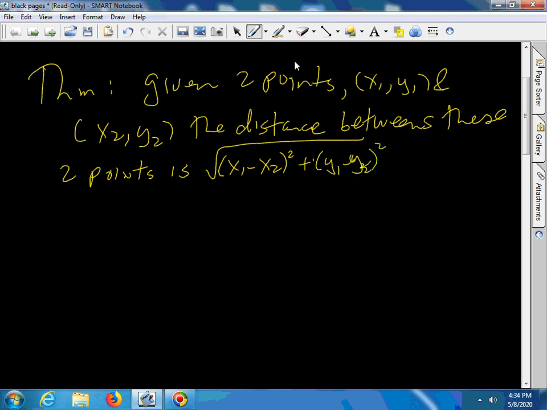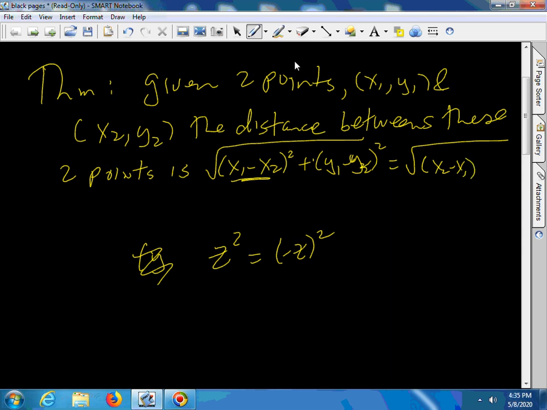And of course, we know that z squared and negative z squared are equal. That is, I can take the negative of that and it would be x2 minus x1 squared plus y2 minus y1 squared. And of course that's going to have to be true because, for example, if I have 2 points